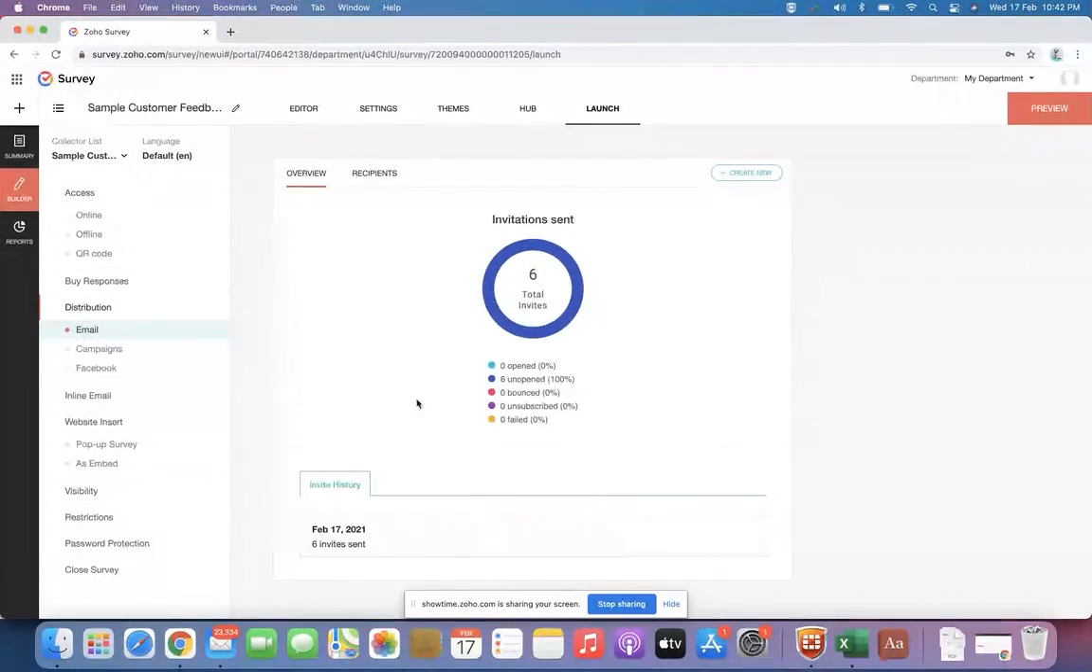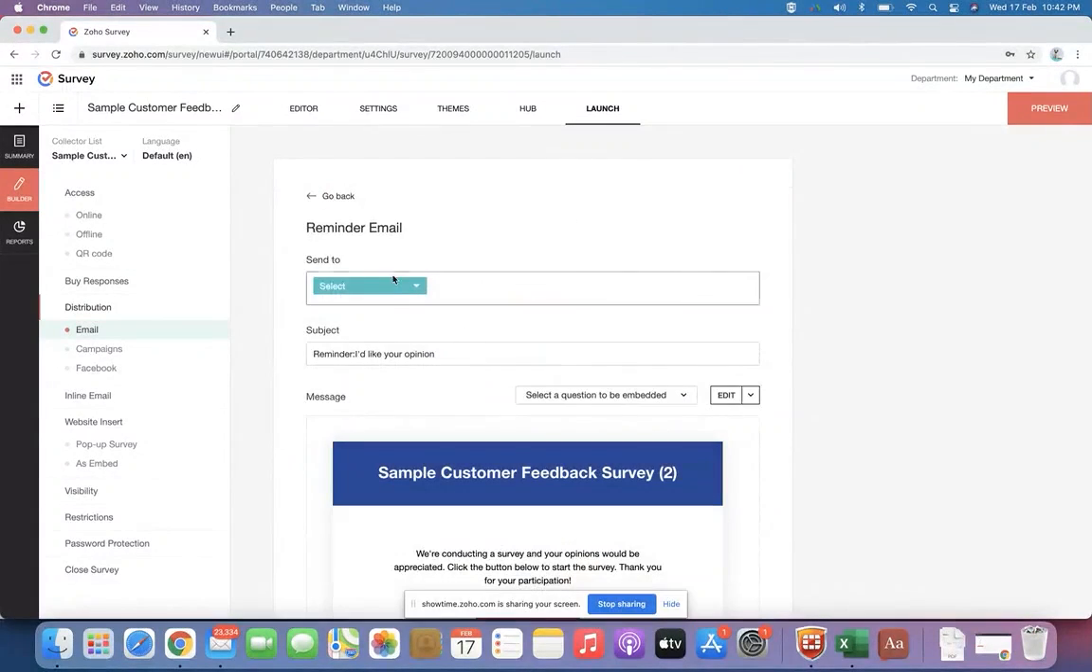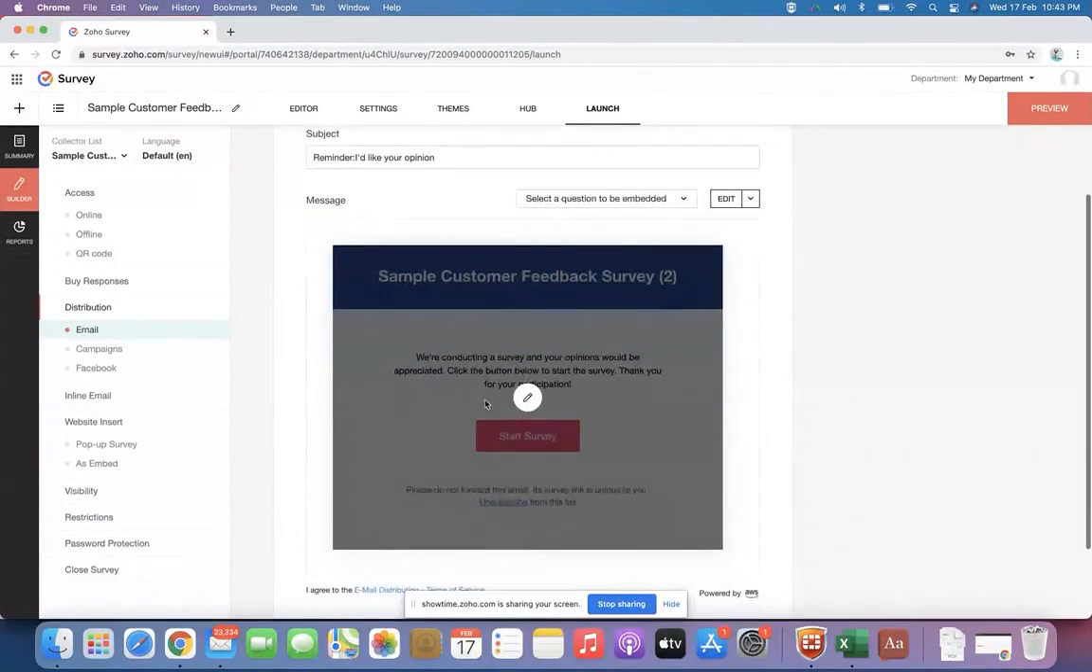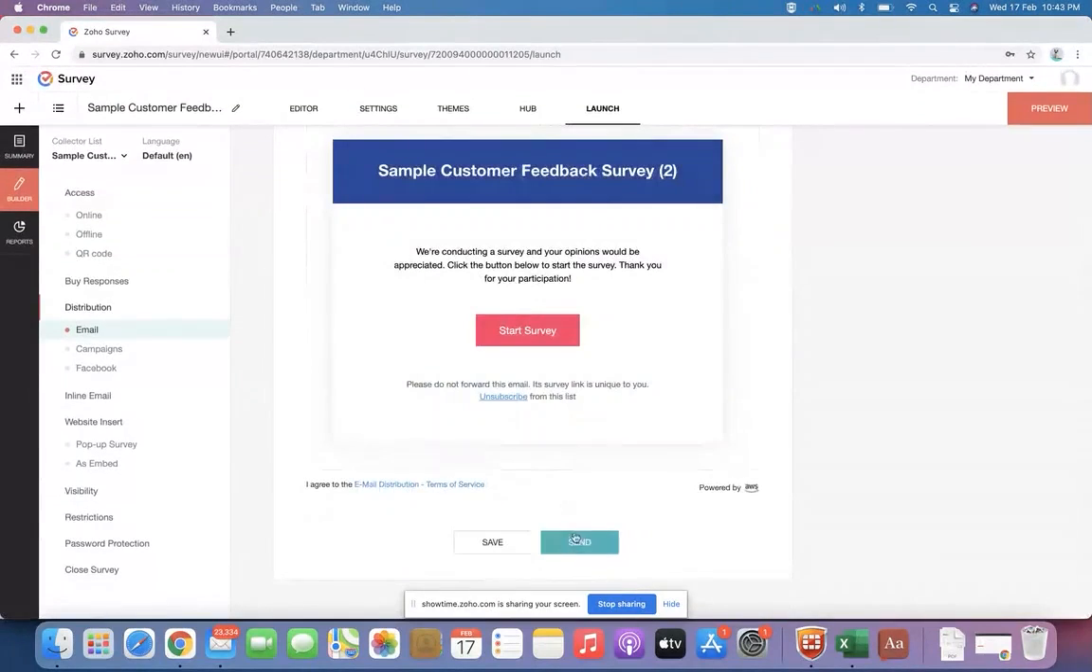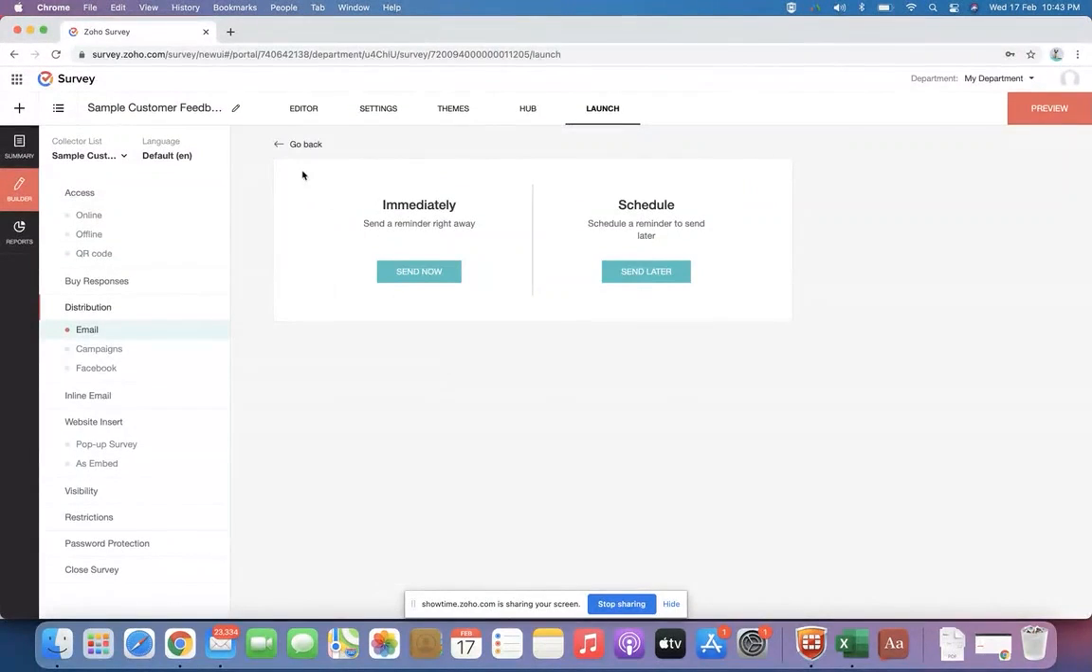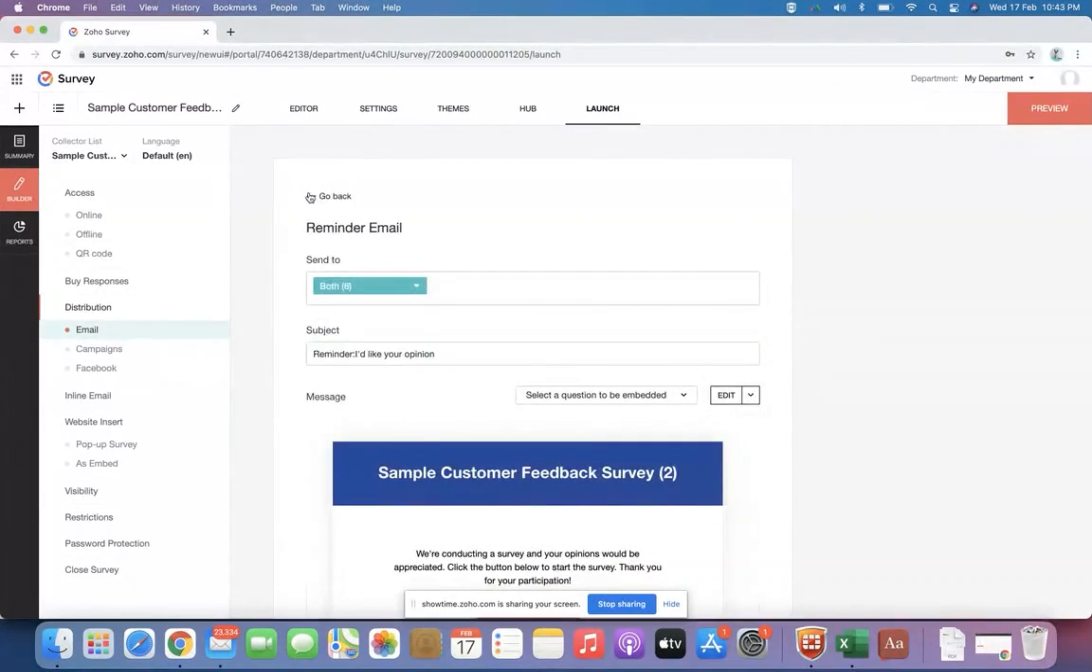And if you want to create a reminder email, you can hover the mouse over the initial distribution which you set, and you can click on create reminder, and there will be a reversed list there. So you can either choose the recipient list as non-completed participants or both the partially completed and the non-completed participants. And if you want to edit the email content, you can make changes to it by clicking on the edit icon, and you can make the changes and click on OK. And you can either send this reminder email immediately, or you can schedule it for a later date and time. Now we'll go back